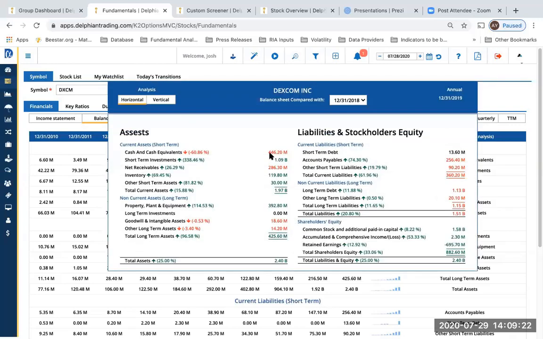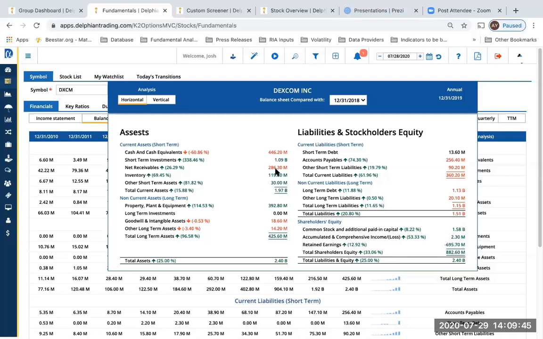Okay. So here you see the 2.4 billion, which is the total of the assets, and here the liabilities and the equity is matching. 99% of the stocks will be this way. I don't know why the Tesla numbers are different, but those are directly coming from the market data. I need to take a deeper look at why Tesla didn't match.